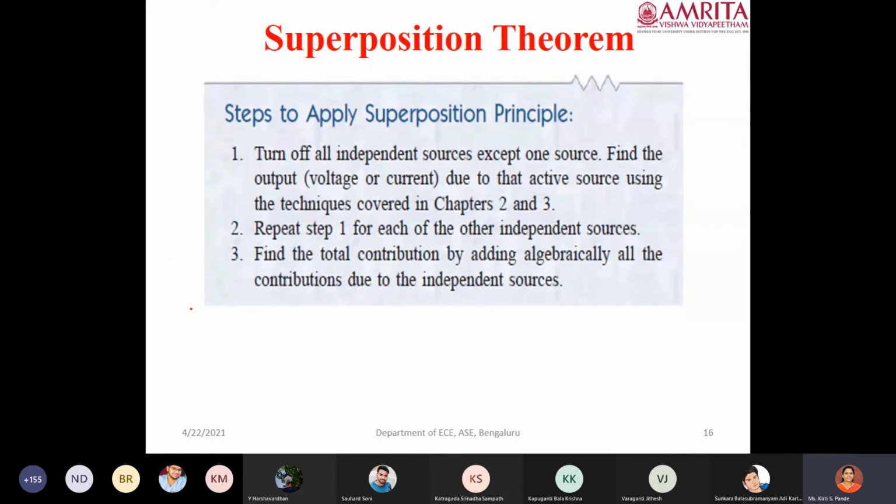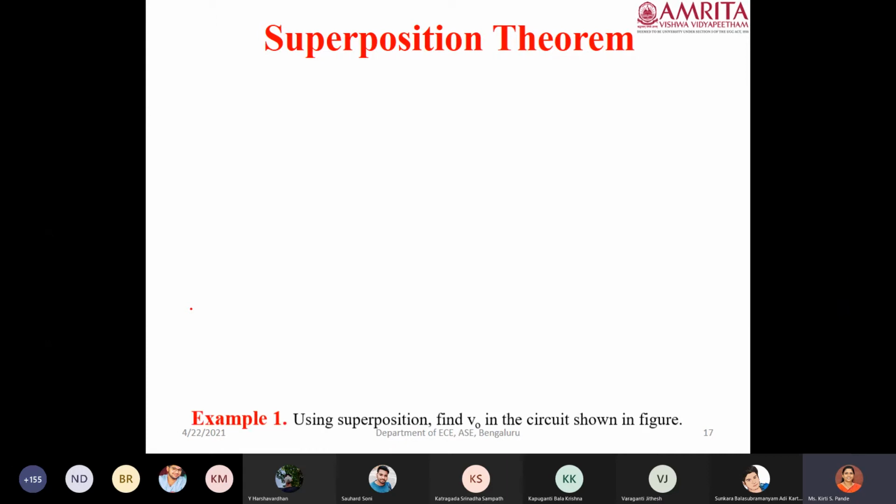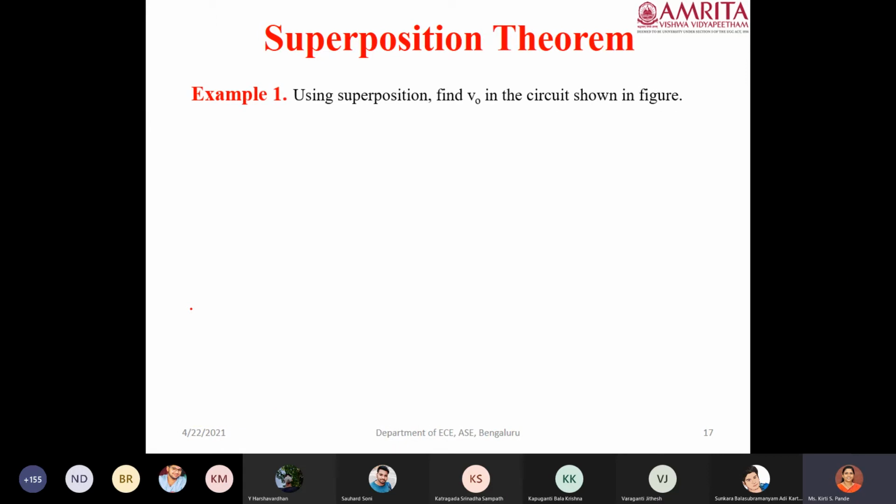Yes. So the steps for the superposition principle, in what way you are going to go ahead with that, are listed out over here. But this we will come back to as a summary, because it will be understood only when you go ahead with the problem. Since I am going to give you the PPT, I have kept it as it is for your reference. So this we will discuss when we go ahead with the problem. So all of you are ready?